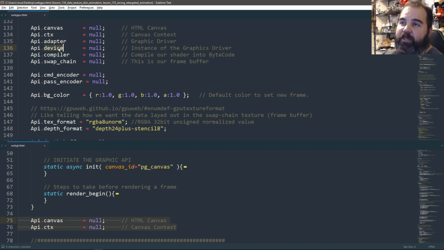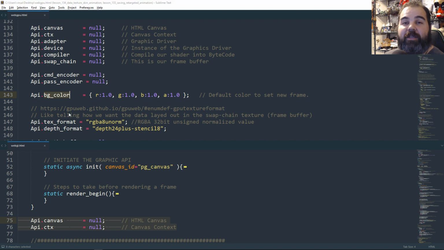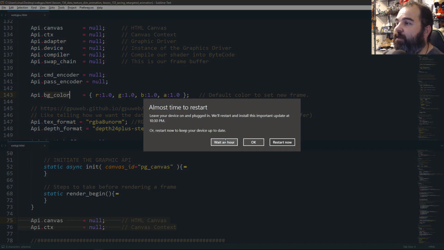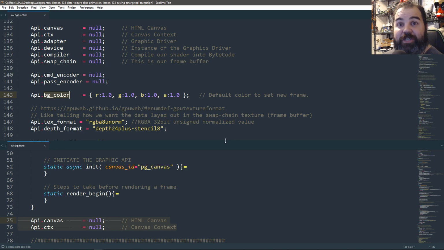We need the adapter, we need the driver, we need our compiler, we need our swap chain. This is something that's just going to be set and then unset when we do rendering. We'll deal with that. Same thing with pass. The way colors work in WebGPU, it's no longer an array. In WebGL, it's an array of normalized values between 0 and 1. We still have normalized values between 0 and 1, but instead of being an array, we have a structure. And WebGPU is very structure heavy. They call them descriptors and everything else, but you do a lot of structures, a lot of